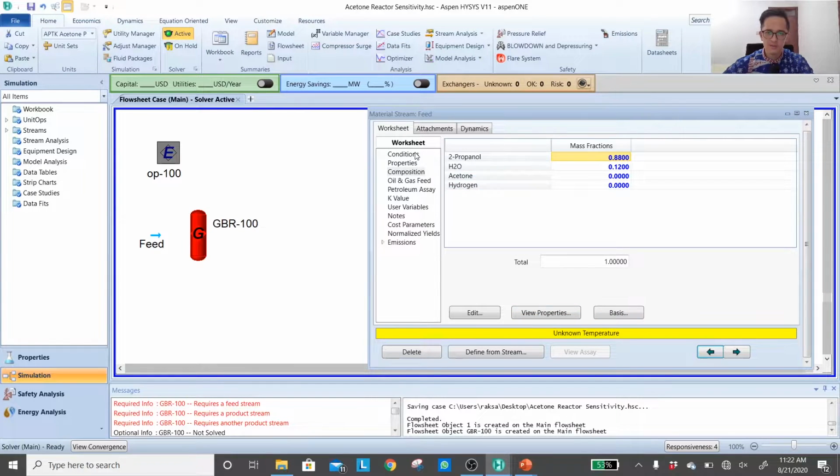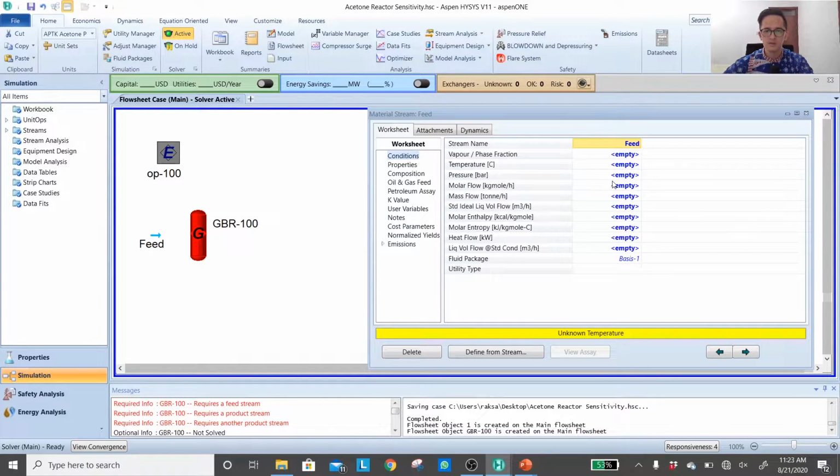Okay, unknown temperature and pressure. Previously we talked about the pressure having to be quite low. If I remember correctly, I put 2 bar as my starting point. Let's use that as a starting point, and then the temperature. Again, we discussed in the previous video that it has to be quite high because it's an endothermic reaction.